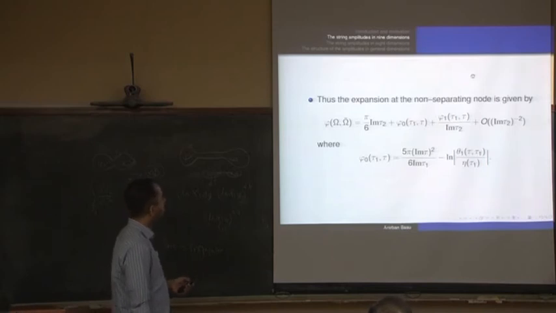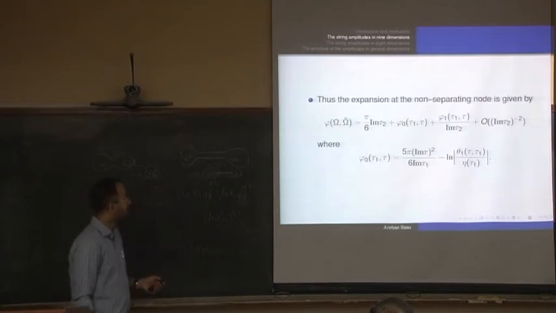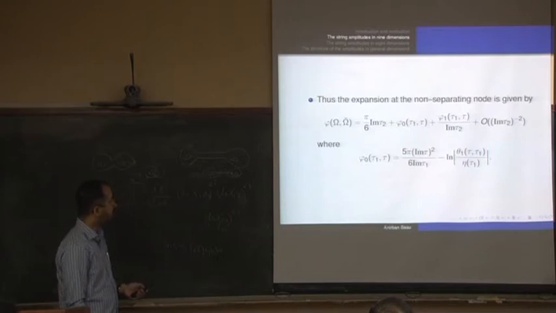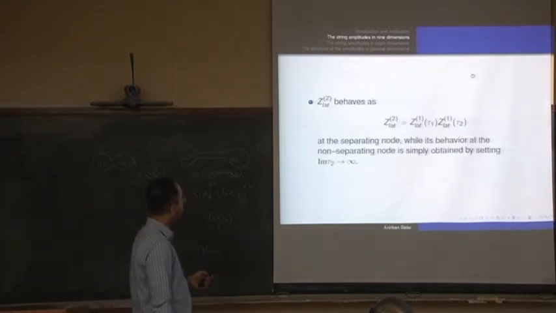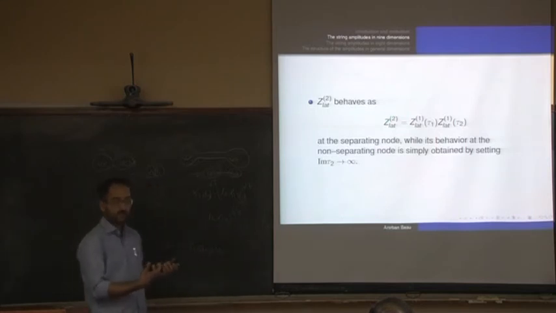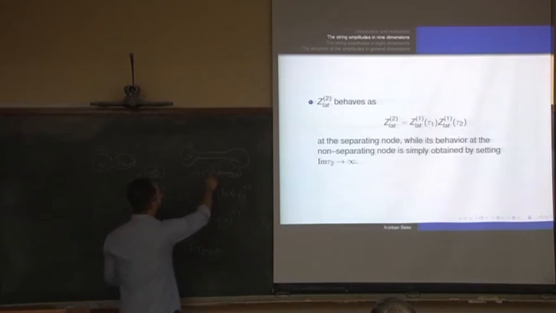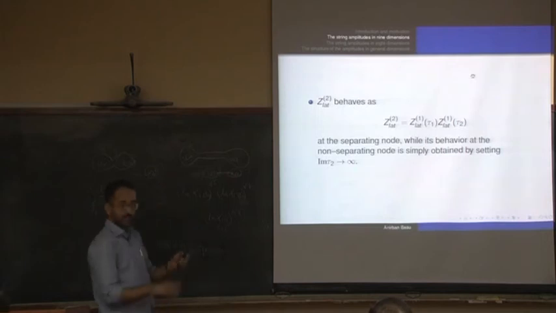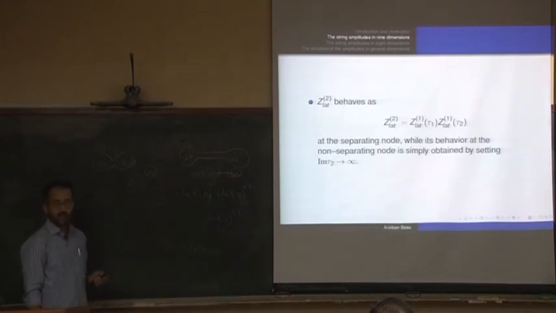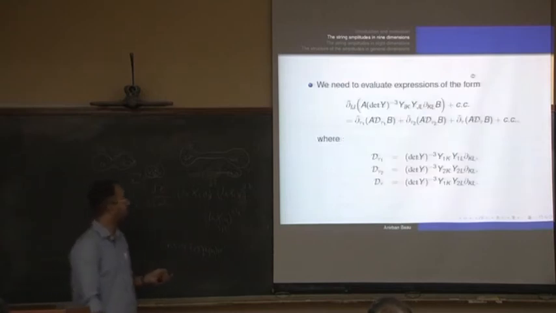So that's the expansion of the non-separating node in imaginary tau 2, then order 1, 1 by imaginary tau 2, 1 by imaginary tau 2 squared, to infinity. But now this phi naught, I have absorbed this term here, this is the expression. And the Z2 lattice factor gives them trivial. The separating node is just separated into two lattice factors, corresponding to toroidal complex structures tau 1 and tau 2. And the non-separating node is that. The non-separating node just sends imaginary tau to infinity. So we know all the degeneration limits of these various form elements.